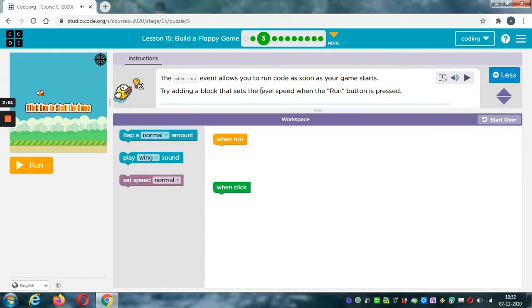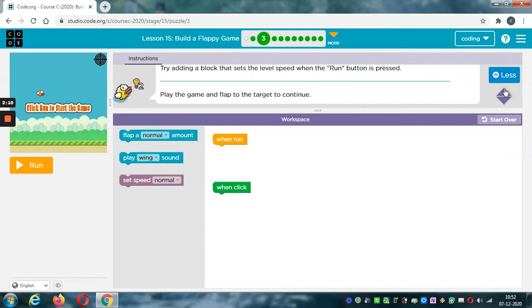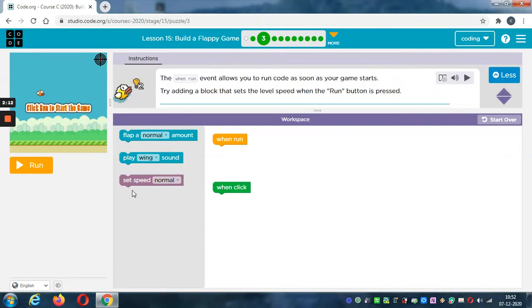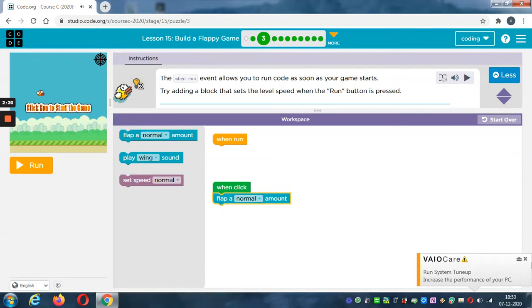Now we want the when run event. First of all read the instruction because the instruction will tell you everything. Try adding a block. When click, flap a normal amount. Okay guys. After that, flap a